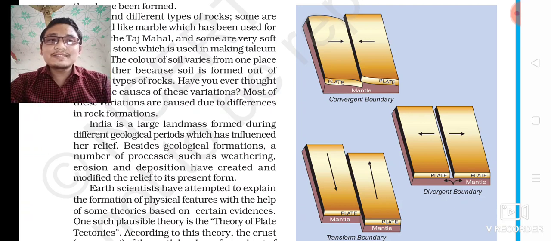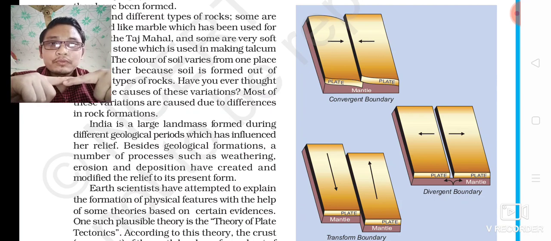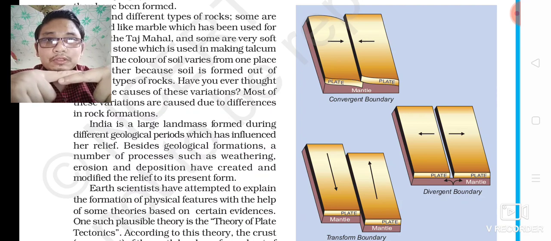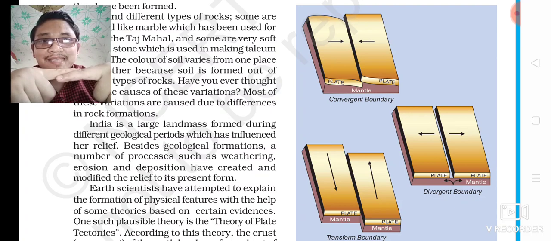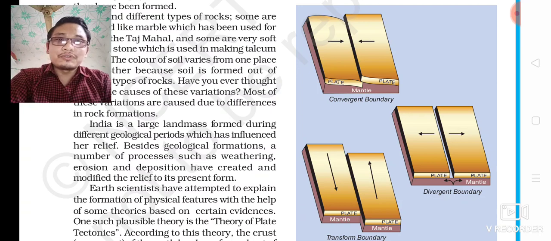And the third one is the transform movement or the transform boundary. That means when two plates move past parallel to each other. That means दो प्लेट ठीक है पैरेलल वे में अपोजिट डायरेक्शन में इस तरह से मूव करते, ना तो कंस्ट्रक्शन होगा ना तो डिस्ट्रक्शन होगा। ठीक है, so these are the three types of movement of the tectonic plate: convergent movement